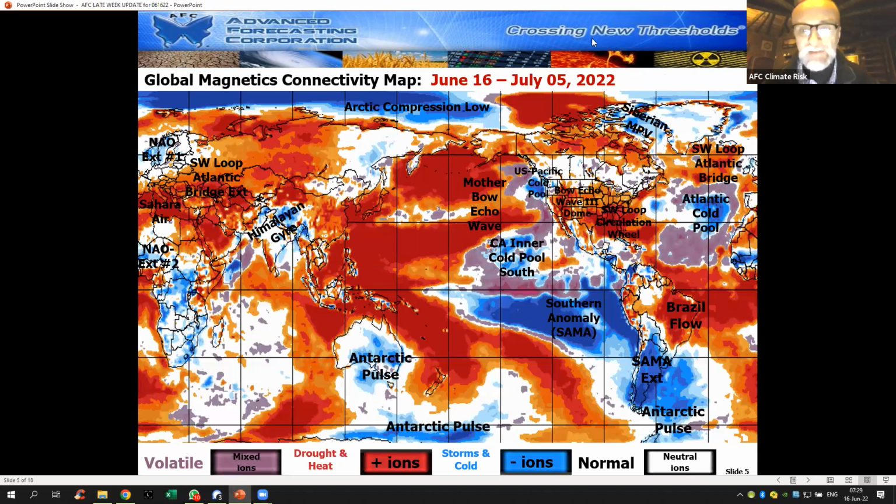All right, let's come back to the magnetics, because that is how weather flow truly happens over the planet. We know that the top layer is the magnetosphere, and there are channels of energy that go up and down that create a flux. Remember, we've got 100,000 lightning strikes on the planet on average every single day. And where does all that energy come from? Well, the electromagnetic flux. And most people don't know about that, but that's how we are doing our algorithmic long-range forecast. So let's go into this.